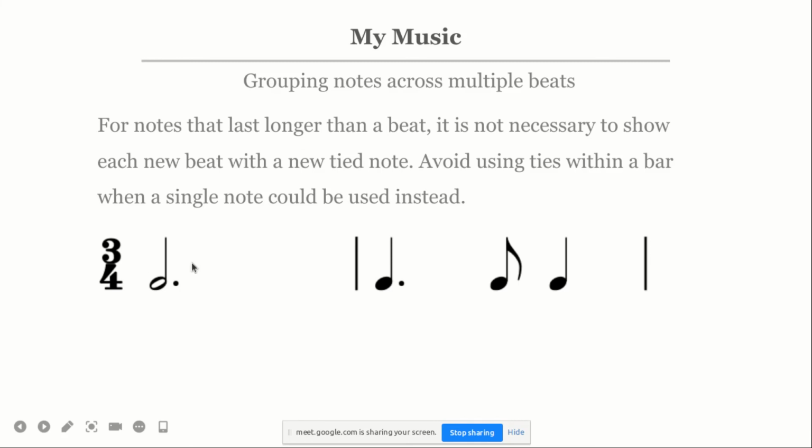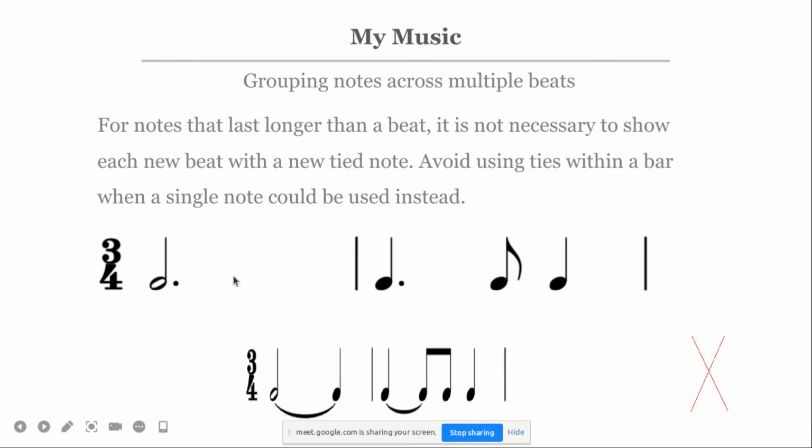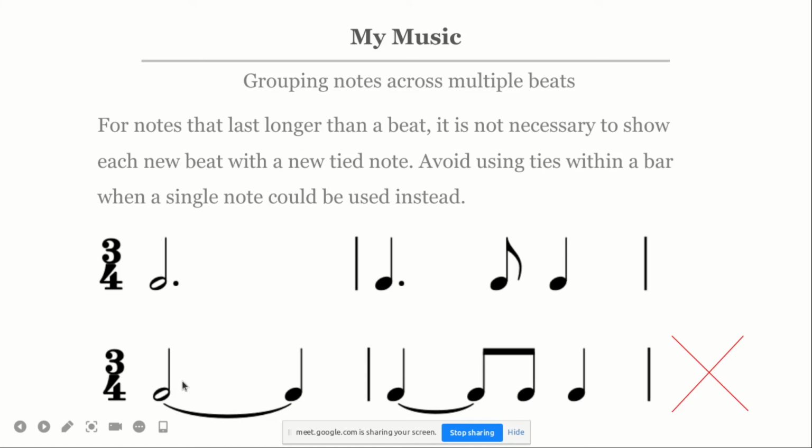So, like in these 3/4 bars, the second part, the bottom part, is how you should not do it. Why tie a minim and a crotchet if you could write a dotted minim? This is an unnecessary use of a tie. Why tie a crotchet to a quaver if we could use a dotted crotchet? If this crotchet was tied to a semiquaver, then we could use a tie. But when you tie something to something of half its value, then that's a dotted note.